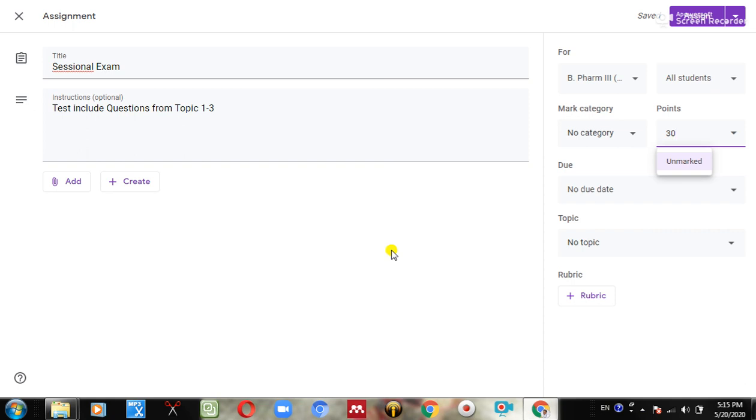You can see that the rest of all the tabs are in blue color or, say, lavender color. This tab appears in a gray color. That gray color indicates that this is scheduled for a particular day. It is not visible to students right now. You can edit any time from these three dots.